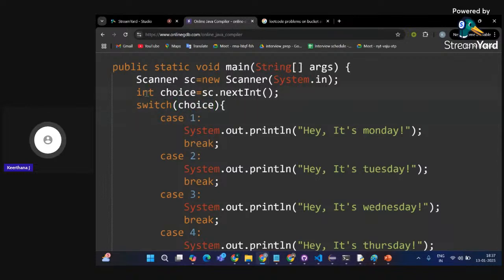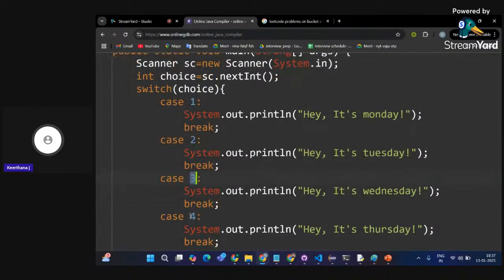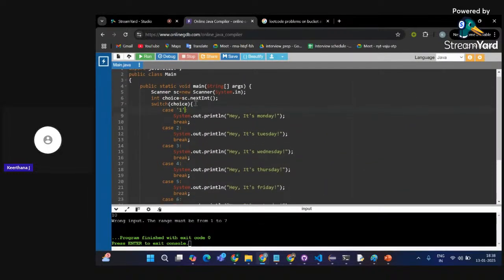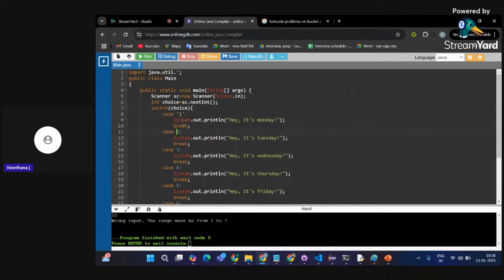For example, here you are passing an integer variable, which is choice, inside the switch case. So here the cases must also have the corresponding integer values only. If you are giving a character input, like for example, if choice is going to be a character, then this will prompt an error because I'm going to give a character as my input. So my cases must also match with the character, so I want to give a character something like this. Then only it will work.